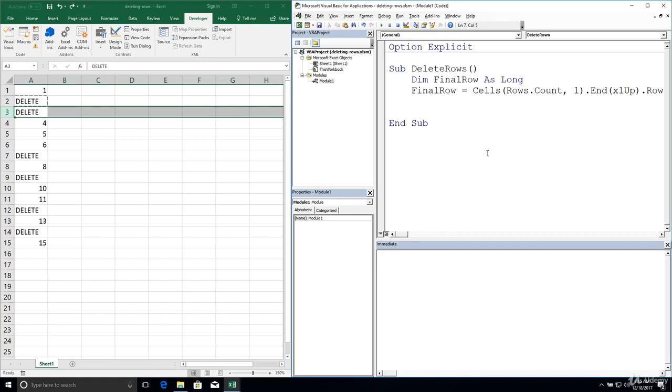So right here, we can begin by declaring our iterator variable. I'm going to stick with I again. Let's make it a long. Our setup is going to be a little bit different this time. This time, we're going to dynamically assign I its first value, which we know should be the final row, which is 15. So we can actually just write final row here. Remember that a variable is just a placeholder for a value, and final row in this case is going to be equal to 15. So we can start out I at a value of 15, and then we want to go all the way to row number 1. That's going to be the last row that we want to work with.